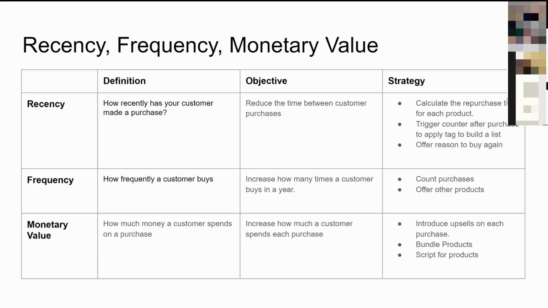Clearly for an accounting practice where the main product is annual accounts, I can't actually get that bought more frequently. There's nothing I can do to pull forward the purchase of that. And I'm not really talking about splitting it into monthly payments. That's a nice strategy, but that's not what I mean. There are some products that you know are annual and can't be bought less than annually, because that just doesn't make sense. But for the rest of us, there are often things where you go, well, our core product is this.